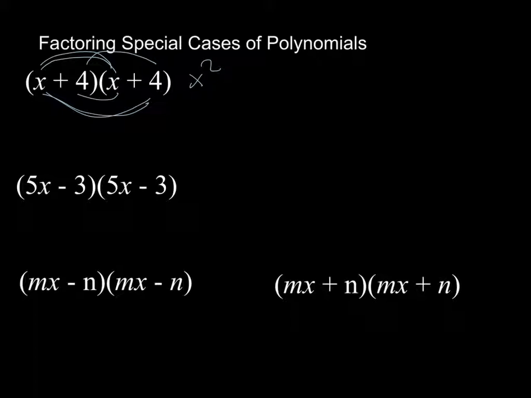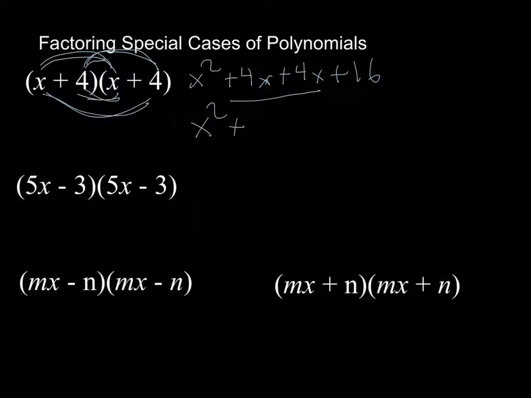The outer is going to give me a 4x. The inner is going to give me a 4x, so I have a 4x plus 4x. And the last terms are going to give me a 4 times 4, which is 16. Then I would combine these two like terms in the middle, and I'd end up with x squared plus 8x